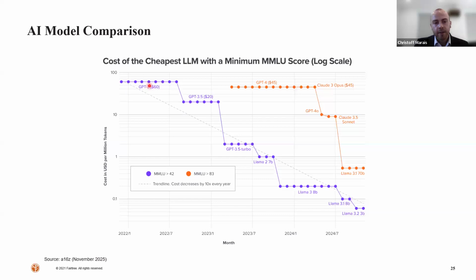The blue line is for a ChatGPT-type model. In the 2022 period, it cost around $60 to generate 1 million tokens. But over the period of time, due to the competition and innovation that we've just seen, that has gone to basically cents. And the same is true for